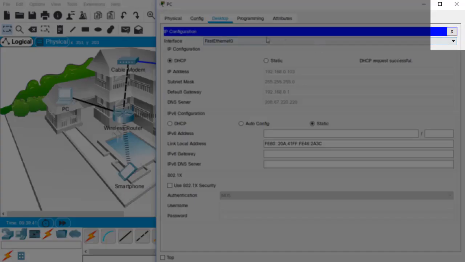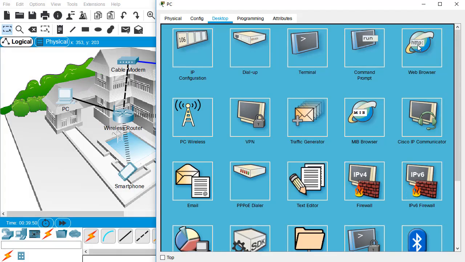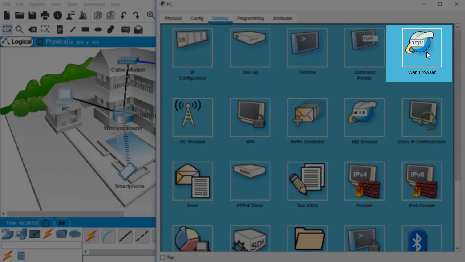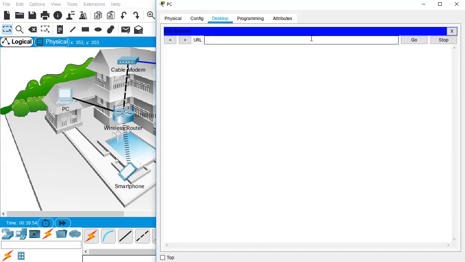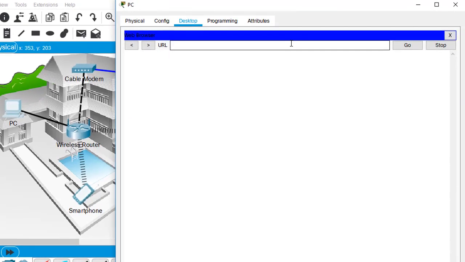How so? We'll close out of our IP configuration, which is this X right here, not the X on the PC, but the X on IP configuration. We'll head over to our web browser, which is here in the top right corner, and that's browse the web. Not the real one, but the internet simulated right now inside of my Cisco Packet Tracer network. We can type in the URL of